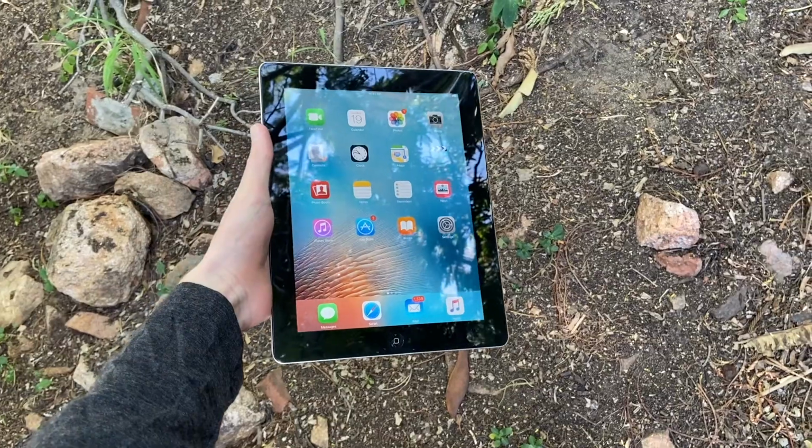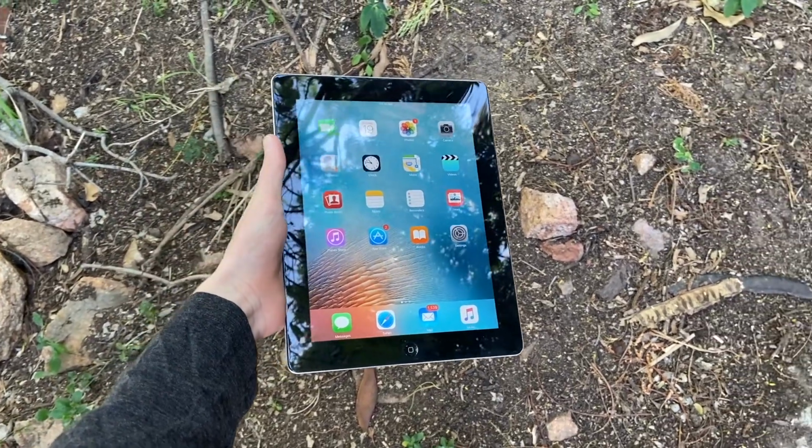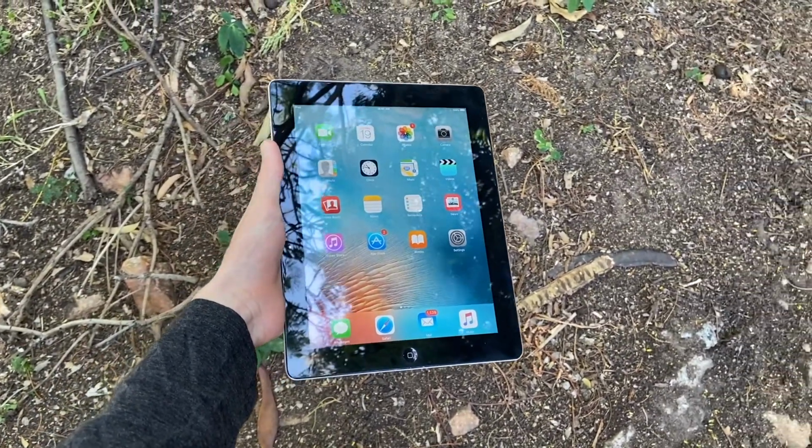Whatever it may be, iOS 9 completely screwed over this tablet, and for something so innovative in its day, it didn't deserve such a terrible fate. In fact, pretty much any device with the A5 or A5X chipset is in the same boat. I'm talking about the iPhone 4S, the iPad 3, the iPad 2, iPad mini 1st gen, and the iPod Touch 5th gen. This iPad here is unfortunately running it, and as you can see, I have also cracked it because